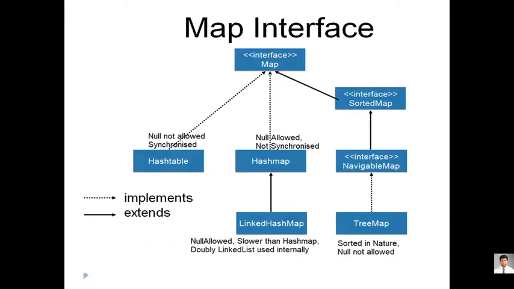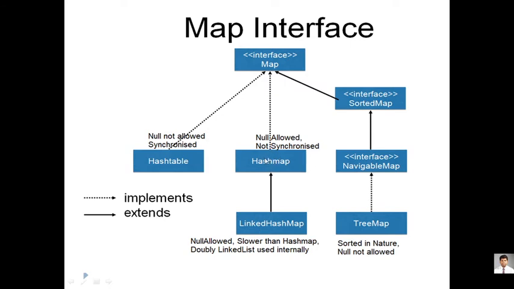So we'll see what the interface is. Today we'll talk about this hash map, and our syllabus is only focusing on the hash map itself. You can replace all the programs of hash map that we conduct today with linked hash map only. The same functionalities are repeated. The only difference is that null values are allowed here, and here too, but here